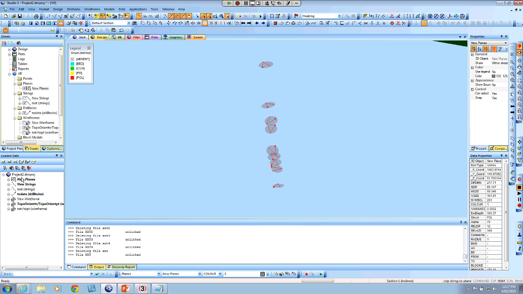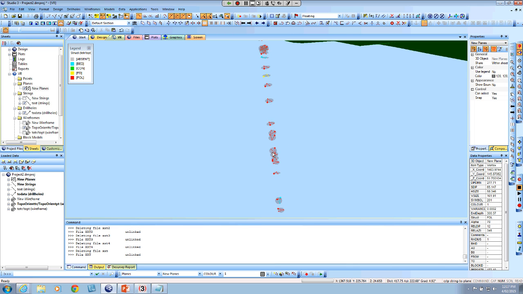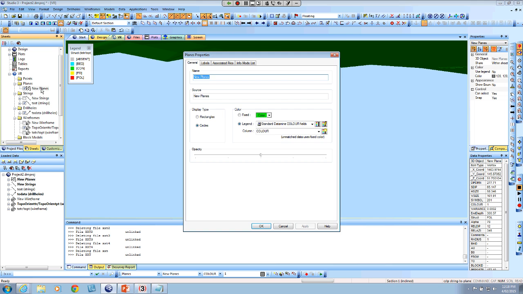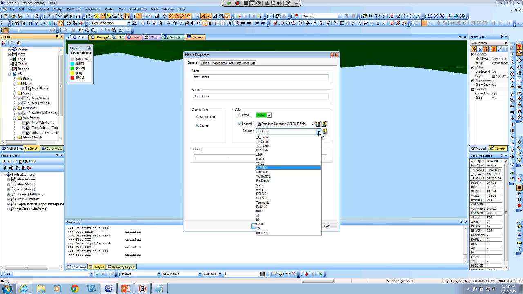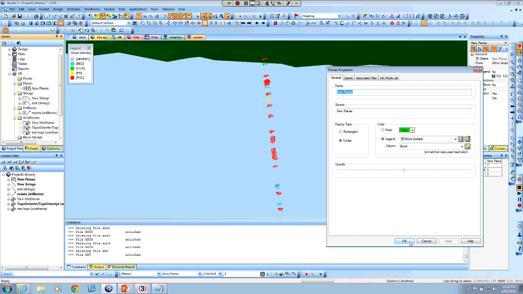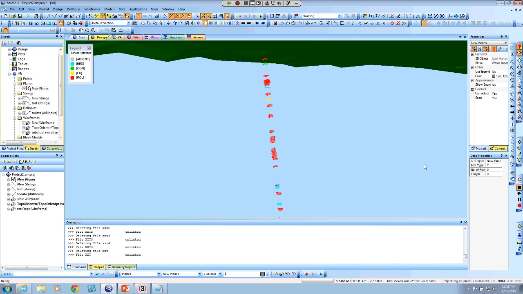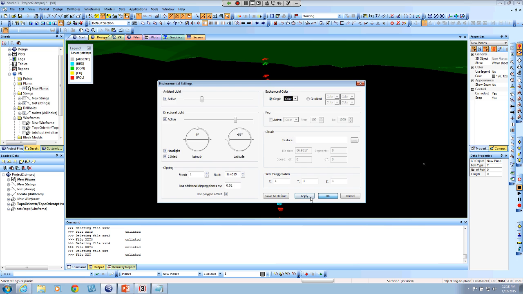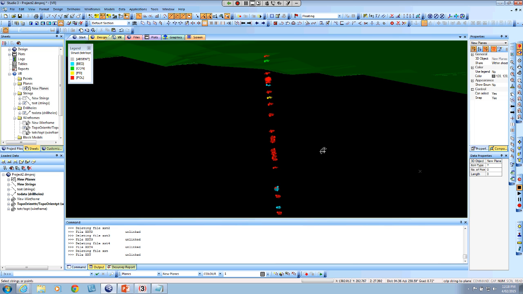this left-hand side here. Now I can change the size of these planes and I can colour them based on whatever structure is associated with it. So if I want to colour the planes, all I do is come into it. I can select structure, I can select the default, and then I can hit apply. So I'm not sure if I like that blue background, I might change that to black. So now you can see all the structures